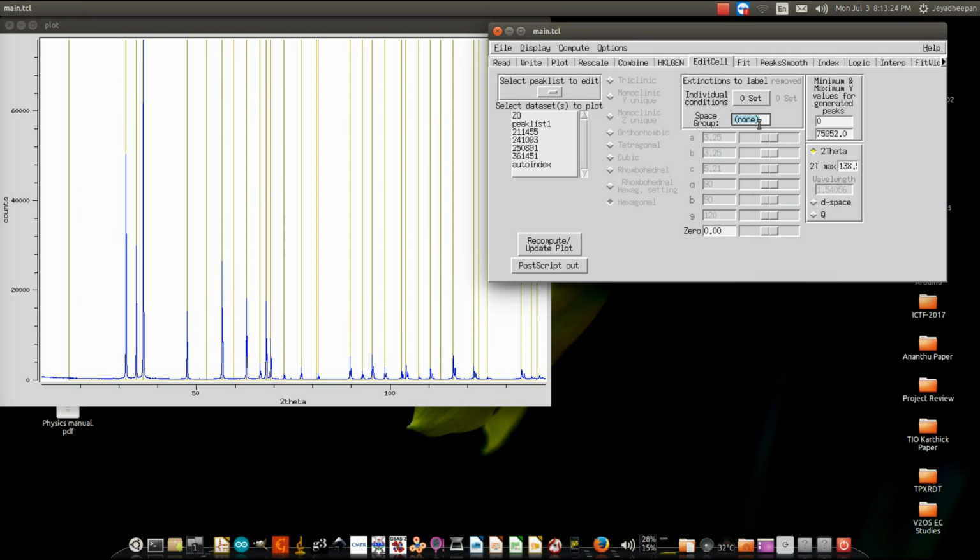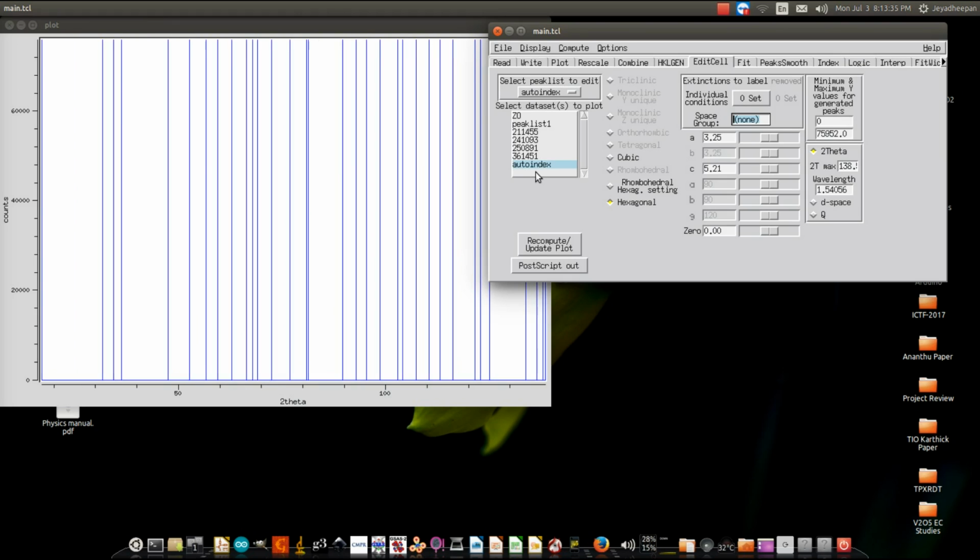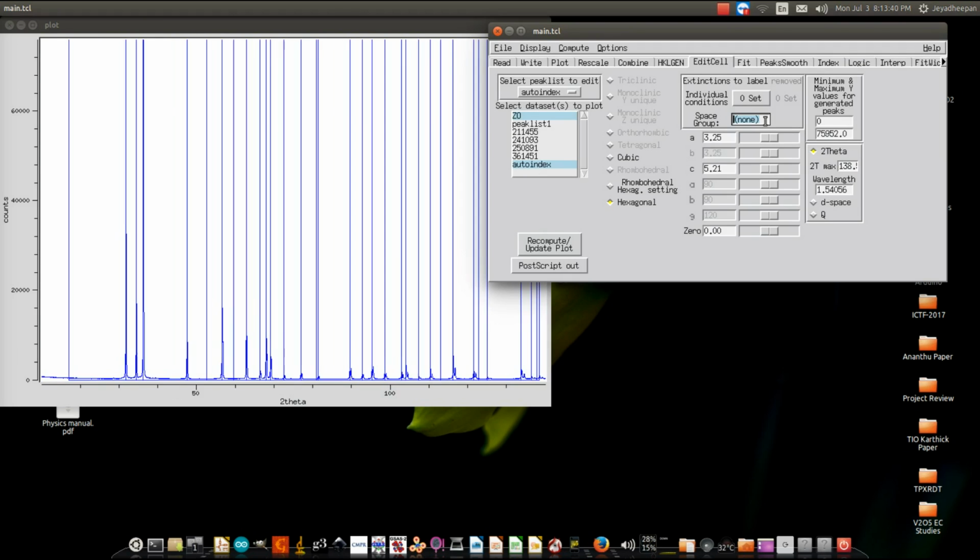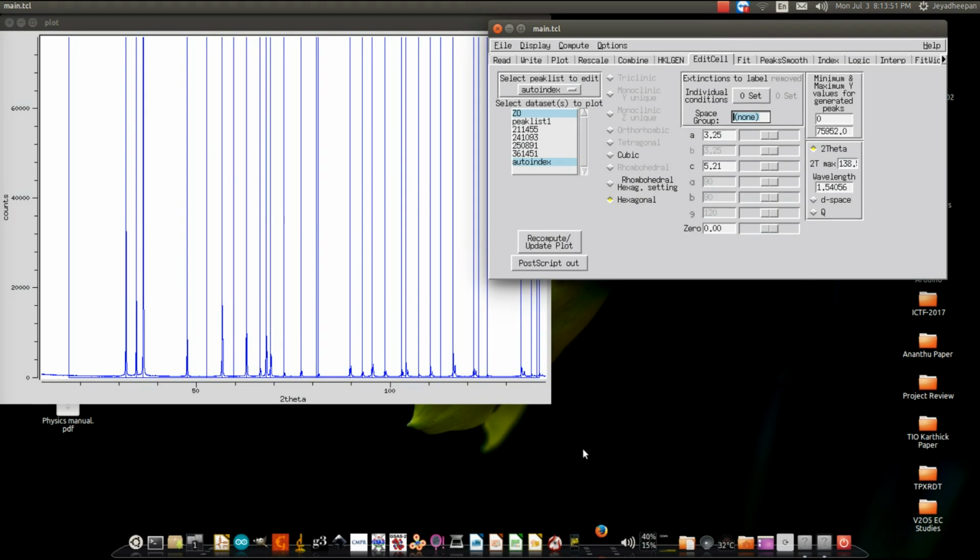Now you just see from index to edit cell, it has automatically transferred. So you just close this. Now the possible crystal structure is hexagonal and the unit cell values are 3.25, 3.25 and 5.21, and alpha, beta, gamma are 90, 90, 120. Now we are going to see the plot of our zinc oxide structure,